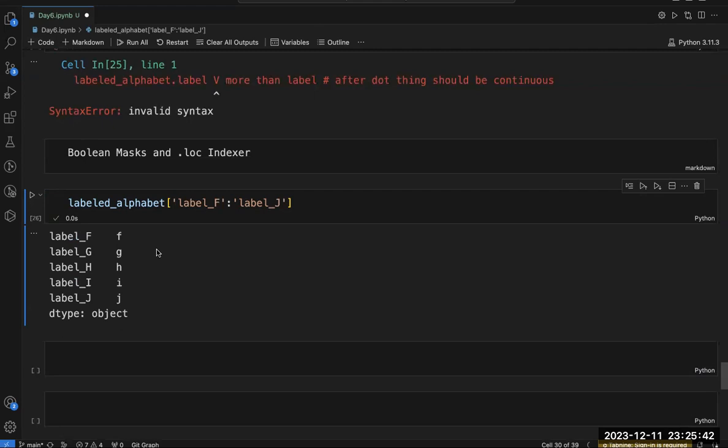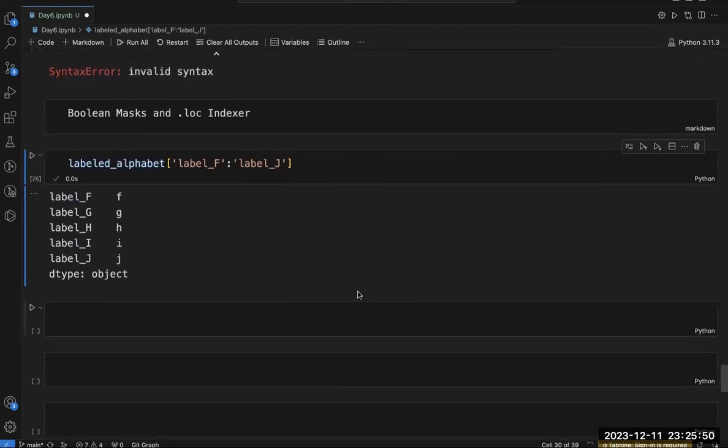I am accessing the values from level F to level J, and I am getting this inside my series. Now I want to access the same thing with the help of the loc indexer, dot loc.